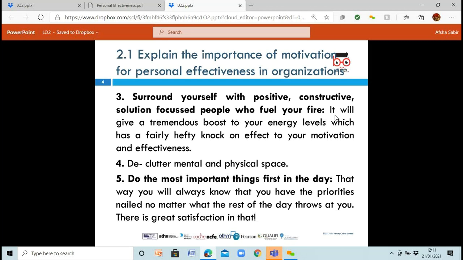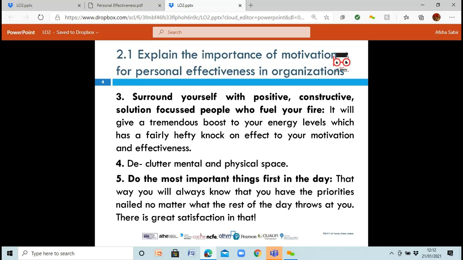So declutter. When we talk about decluttering, it's get rid of all the mess. So keep your mind clear. Like I said yesterday about procrastination, it's where you keep thinking too much. I have too many things to do, and you just really block your mind up. With this, mentally, just clear your mind, and also the area that you're working in. If you're working in a room that's completely messy, it's going to really bother you. So sort that area out and make it productive for you.